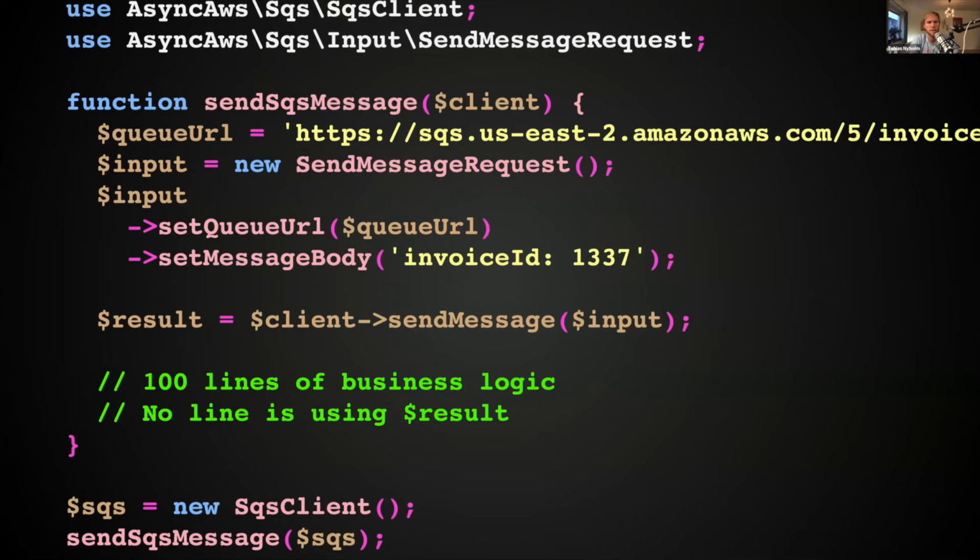This means that the request is actually sent on this line when the result variable is destructed. And yes, this can be a bit confusing, and especially confusing if this throws an exception. So you have 100 lines of business logic, and then an exception happened with something that's not even close to sending a message. And you can easily solve this issue by just not having an unused variable, just doing like this. Another way is to destruct the